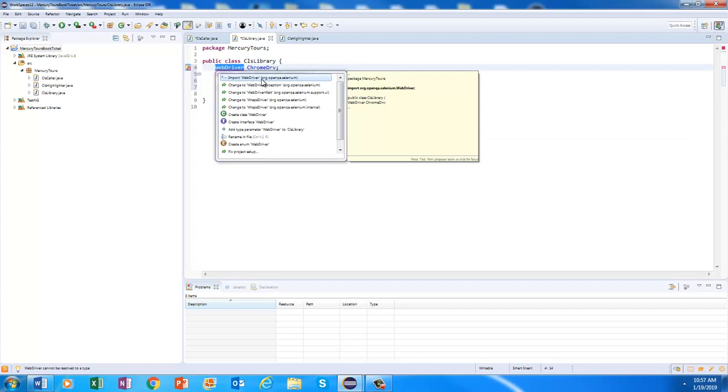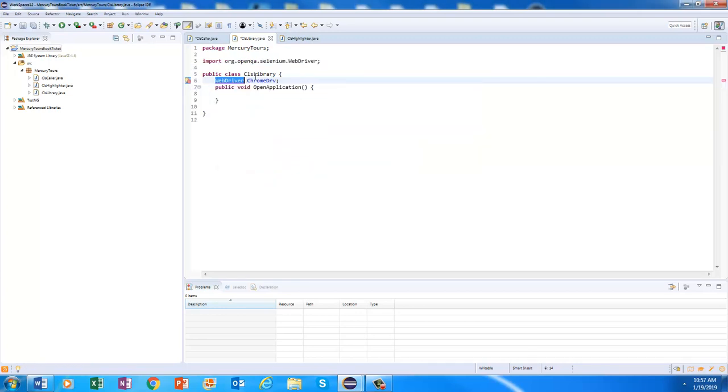Can you see? Now it is not asking you to create class, but the first option is import WebDriver, because we have imported the Selenium libraries. Now, the next thing is, if you want to open a browser, before you open a browser, you will have to execute this one, System dot